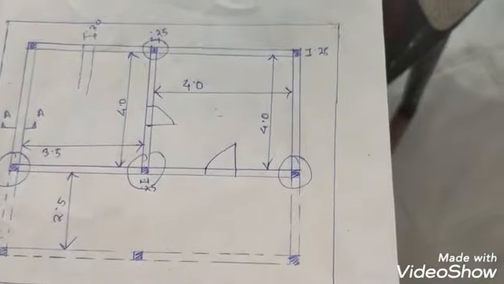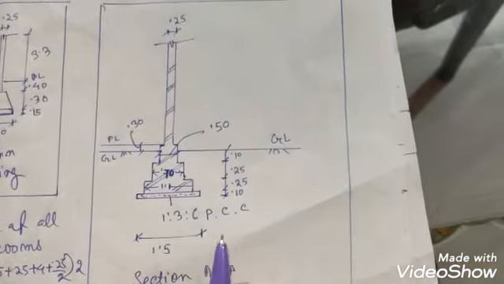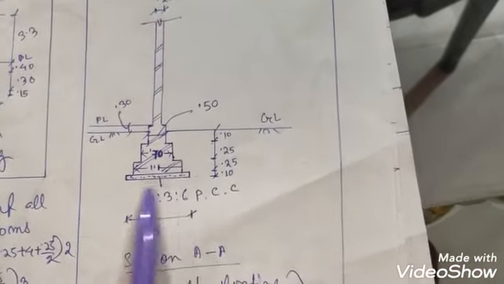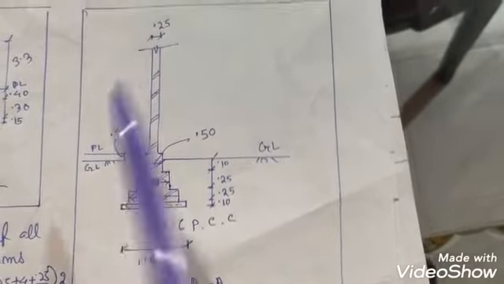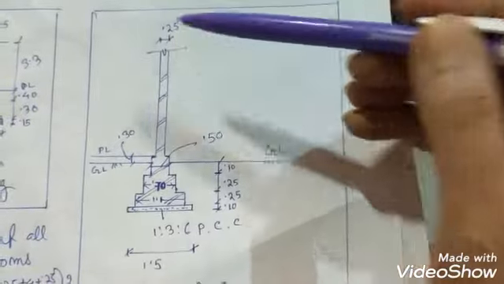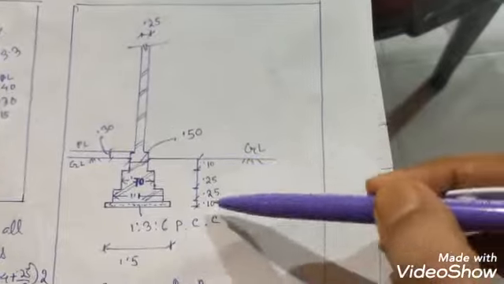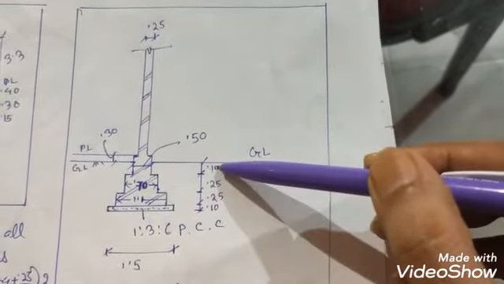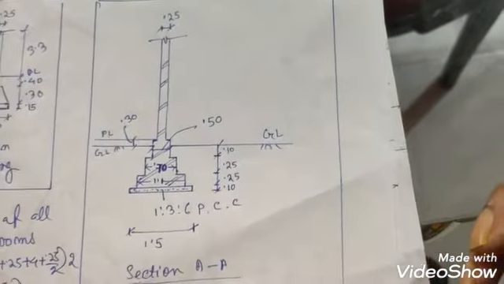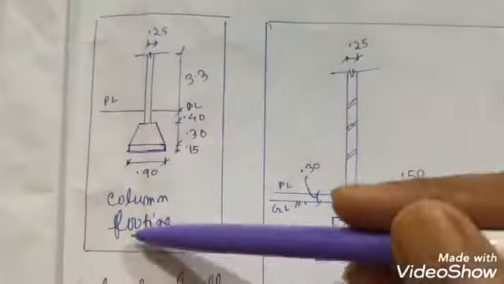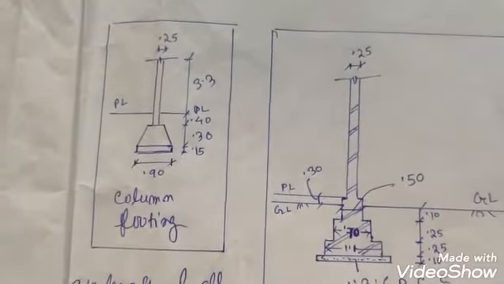Okay. And just like the earlier problem, this is the wall section. It is the same as the earlier problem. PCC bed width is 1.5. First step of brickwork is 1.1, 0.7, then 0.5. The superstructure wall is of 0.25 meter thickness. The difference between ground level and plinth level is 0.3 meter. The height of excavation is 0.1 plus 0.25 plus 0.25. The total is 0.7. That is the height of excavation. Okay, and this is the column footing, the foundation details, just like the earlier problem.